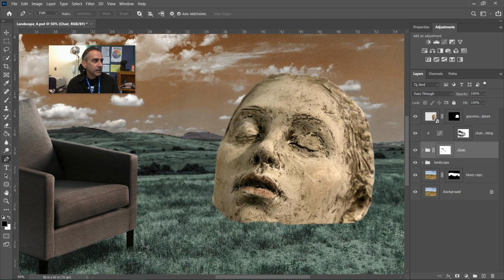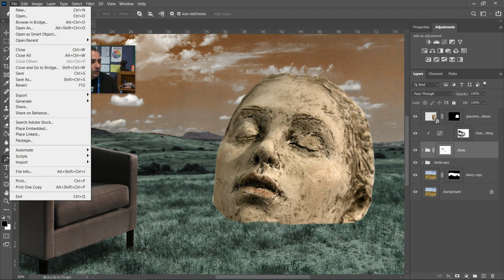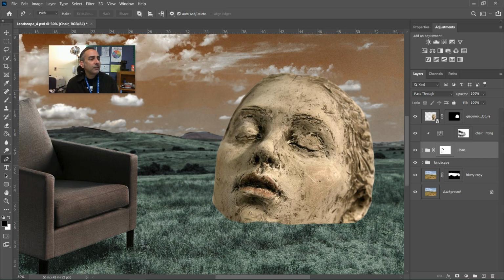Make sure that whenever you are placing an image, you're choosing place embedded when you're importing image elements. And you also need to save your Photoshop document and hand that in so I can see your layers. Speaking of